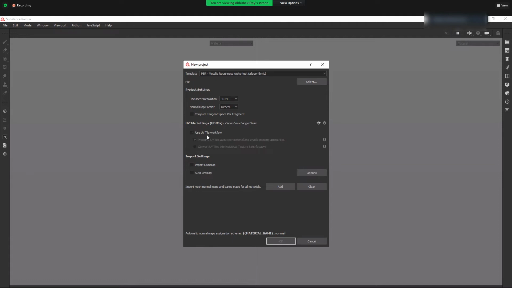If I want to have a Substance Painter and Photoshop combined workflow, this needs to be turned off. If I want to use a UDIM workflow, this needs to be turned on. And maybe I've already guessed, UDIM won't work with Photoshop. Photoshop doesn't support UDIM texturing, UDIM tiling. So